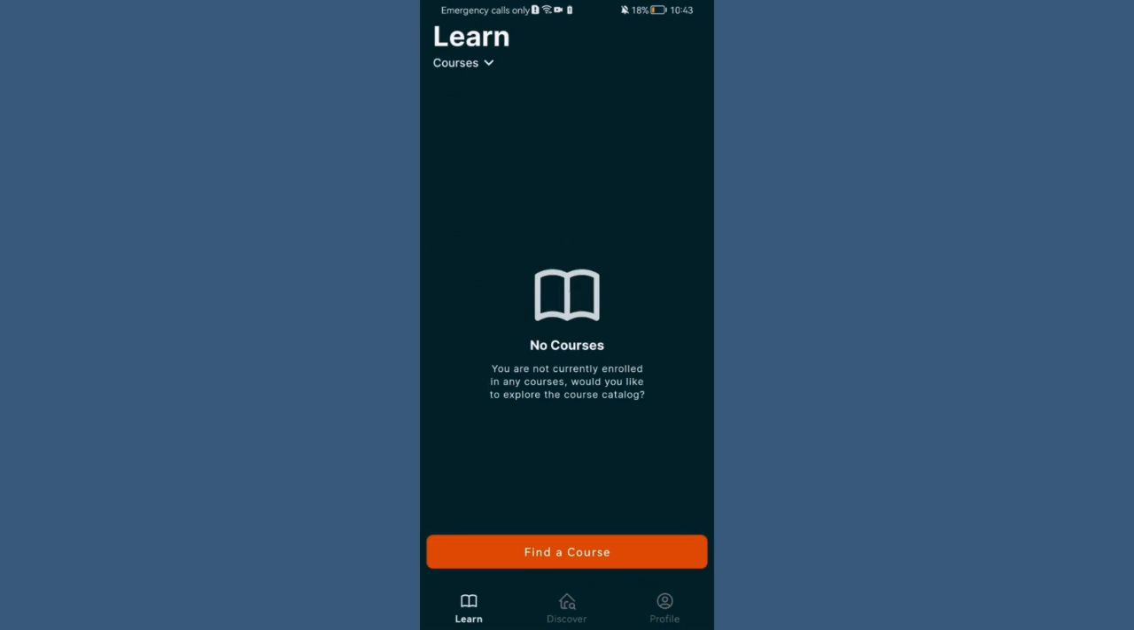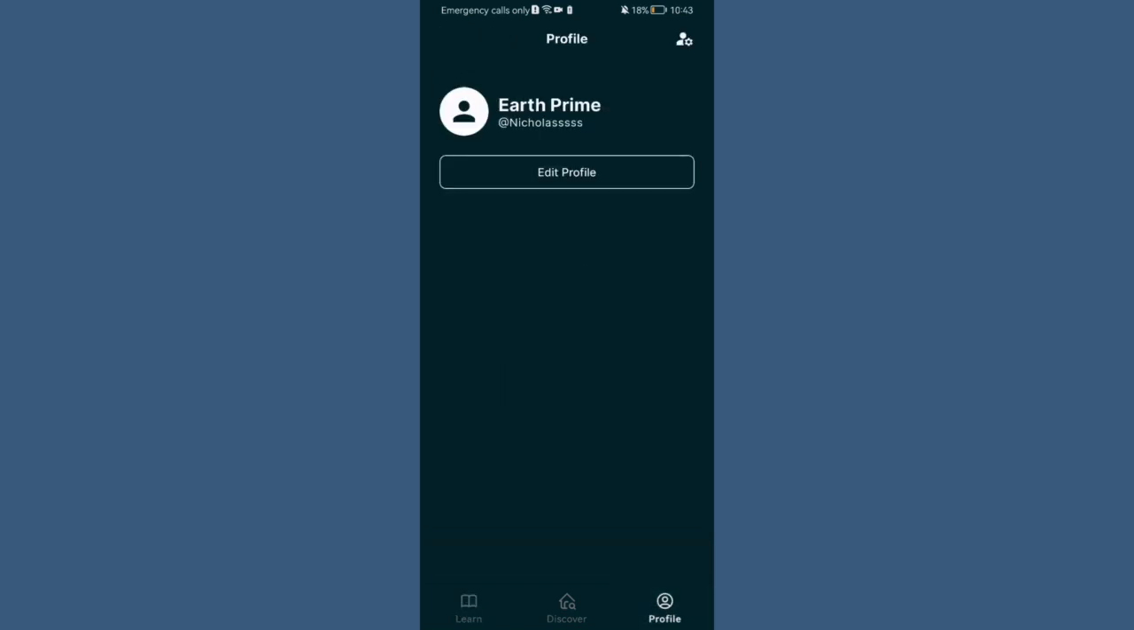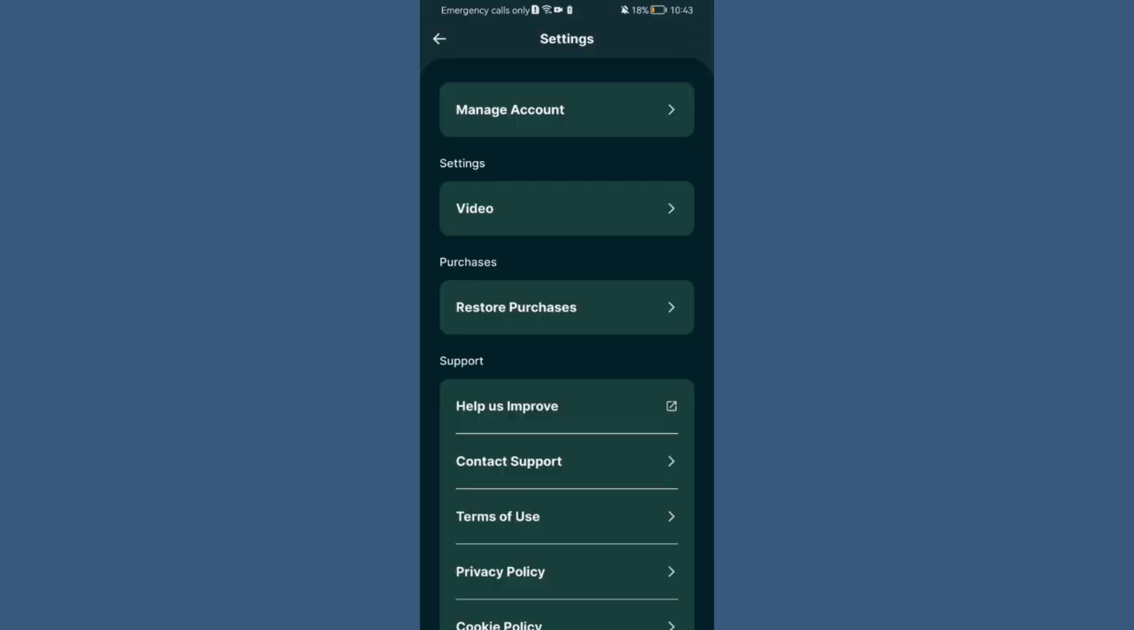Once you are done with that and you are in the home page, you should look in the bottom of your right corner and there you will find your profile. Press on it, and now you should look in the top of your right corner and there you will find the settings. Press on that as well, and here you can just press on restore purchases,